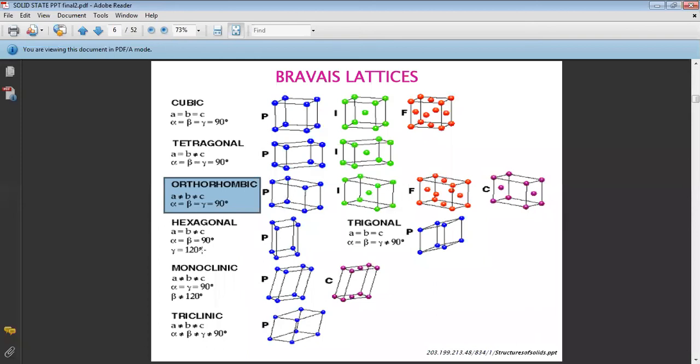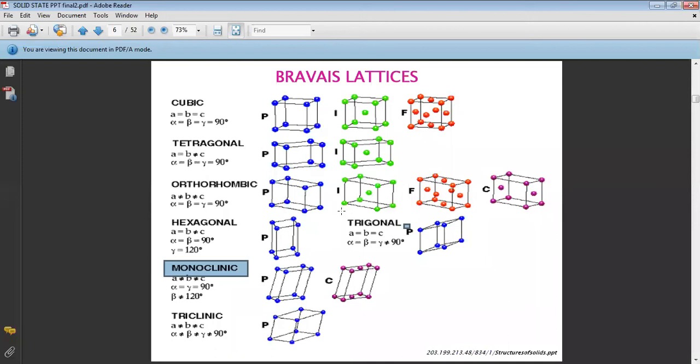Okay. And next one is hexagonal system. So here the diagram given for hexagonal system is not correct. The diagram is given wrongly there. What I showed earlier on the board is correct. Here the diagram is given wrongly. So parameters are A is equal to B but not equal to C. Alpha, beta 90, gamma is equal to 120. Diagram given as P, that is not correct. Actually it should be hexagonal. Small mistake is there.